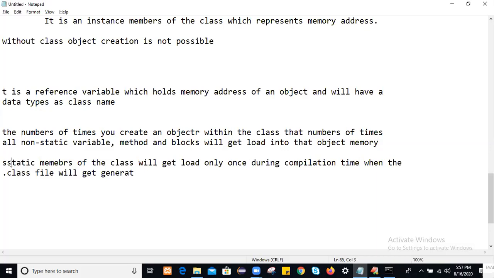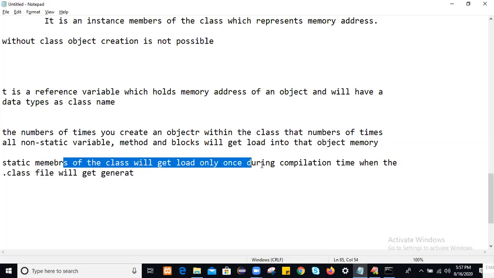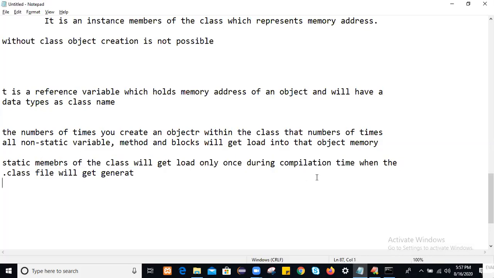Static members of the class will get loaded only once during compilation time into the common memory of the class, when the .class file gets generated.